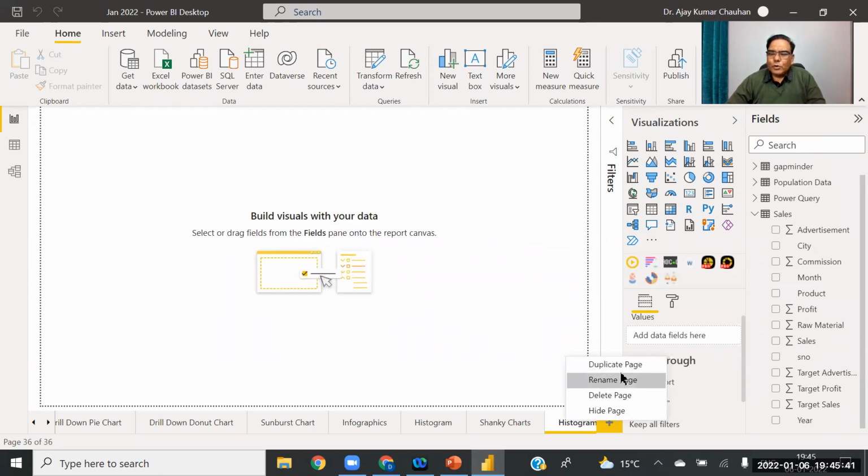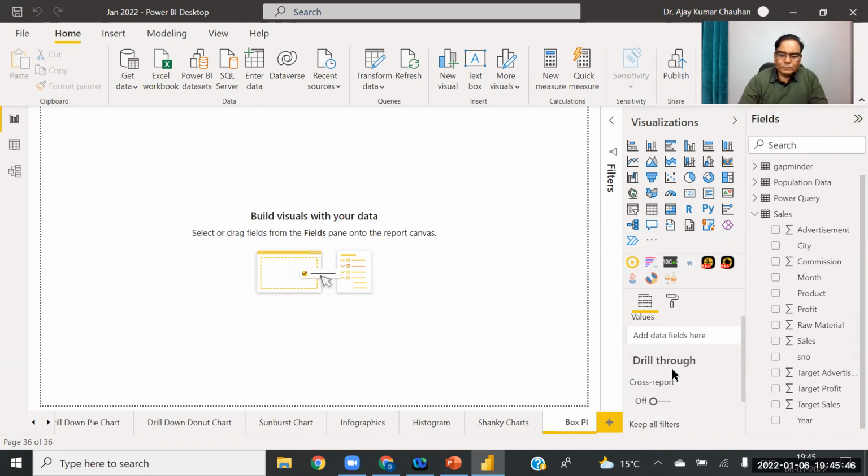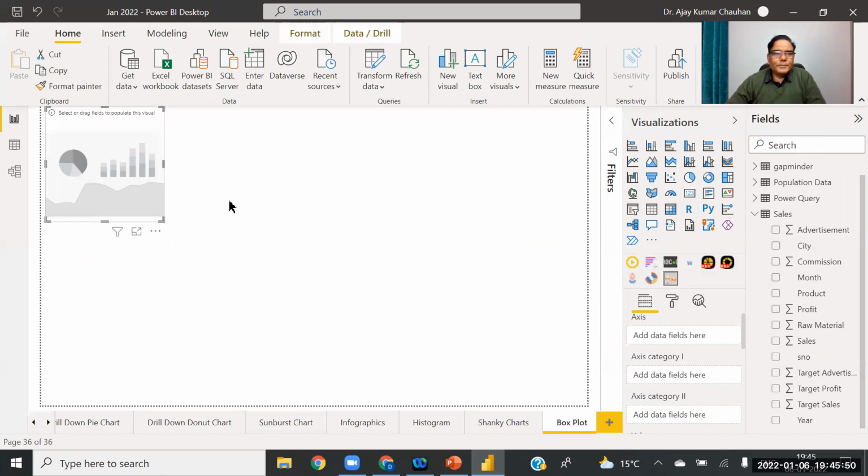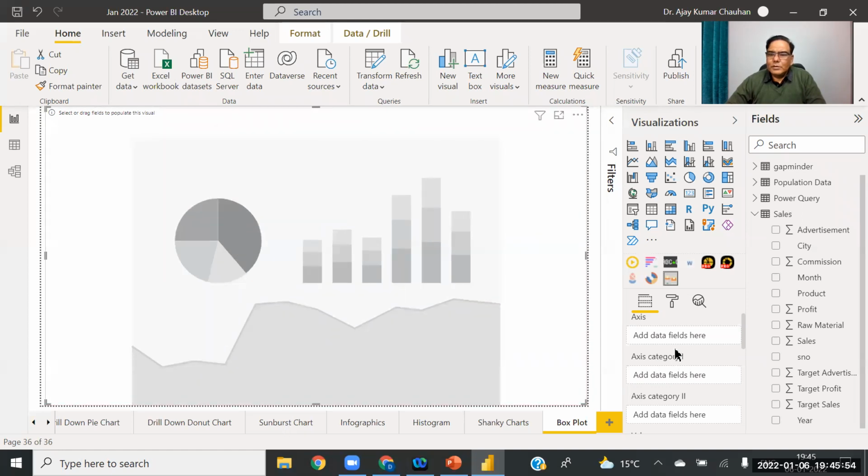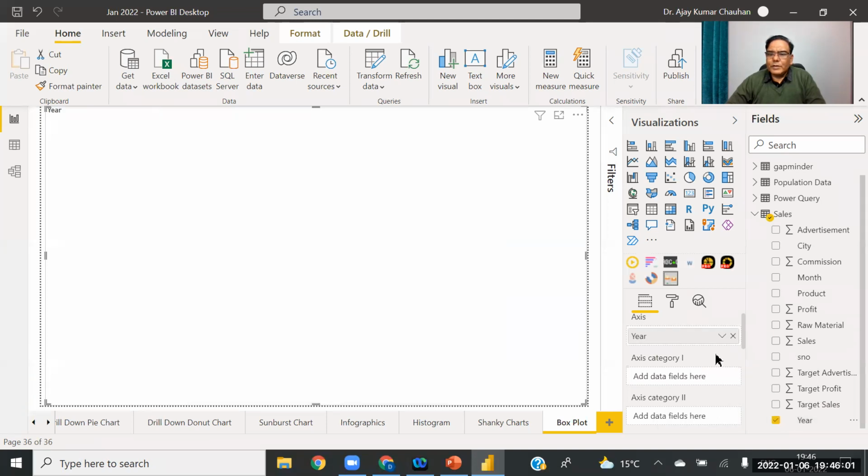I am renaming it. This is my box plot. So add data fields here. Let me try.